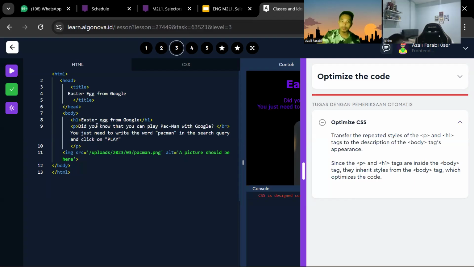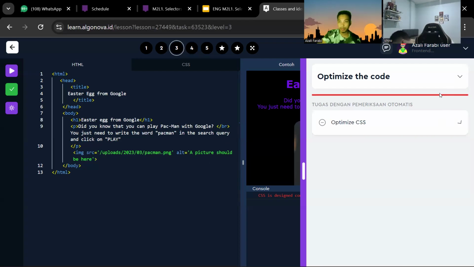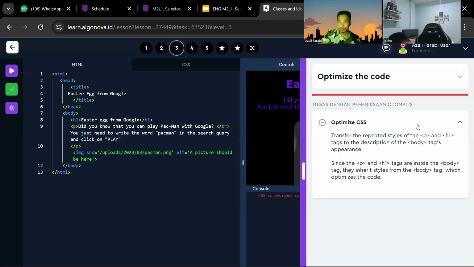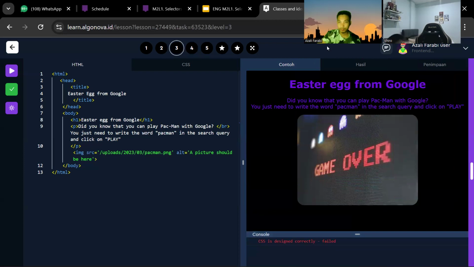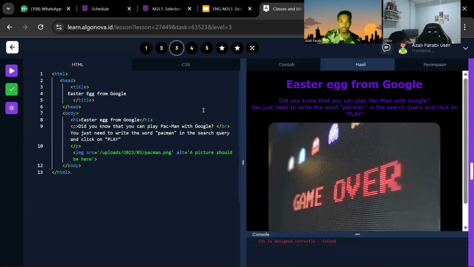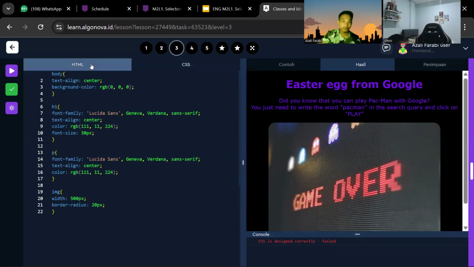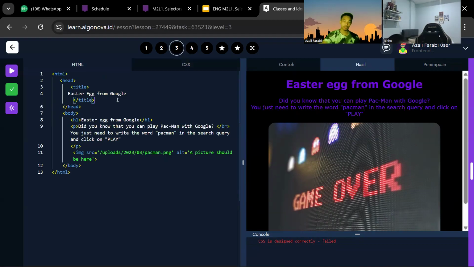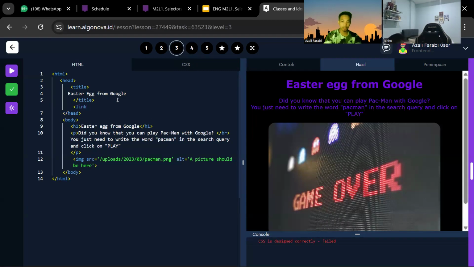Okay. Interesting. So I'm going to do this first, Ichiro. I'm going to put the body here and then the image here. Since the P and H1 text are inside the body, what should we do? It seems like, okay, so this is how we can do that, Ichiro. Link and then